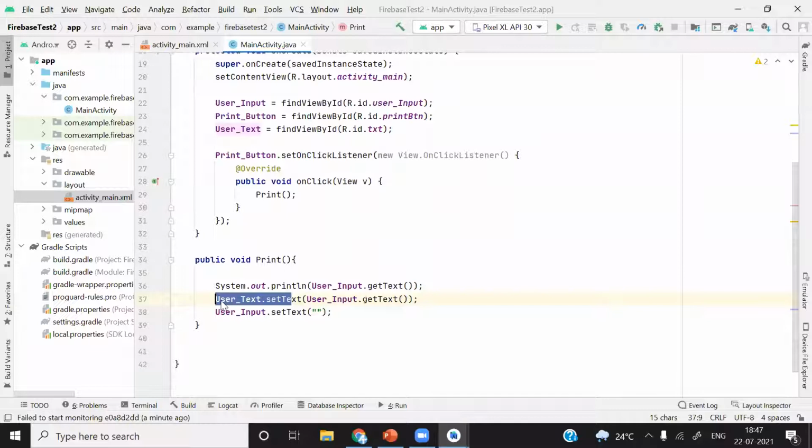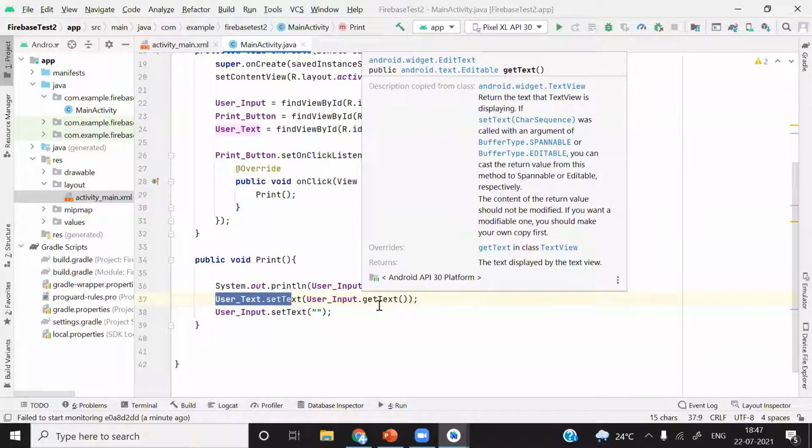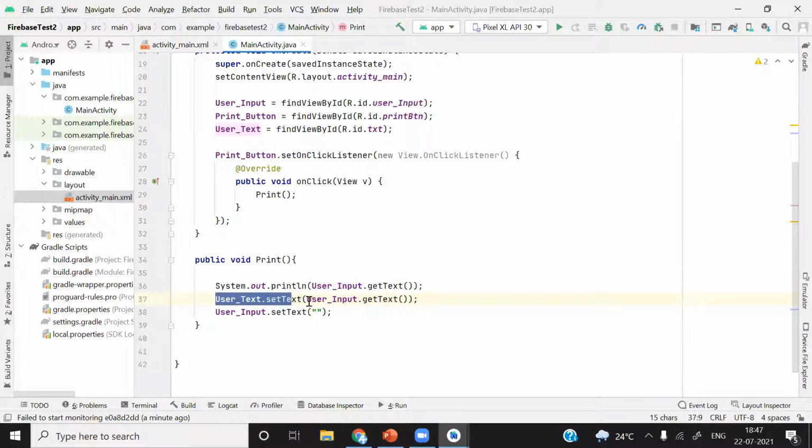You can use user underscore text dot set text, and you have to pass the argument as whatever string. So it can be data from the cloud also. It can be from Firebase, from AWS IoT, from Adafruit IO. Whatever the cloud is, it doesn't matter. Whatever string you put as the argument, it will get printed on the screen.